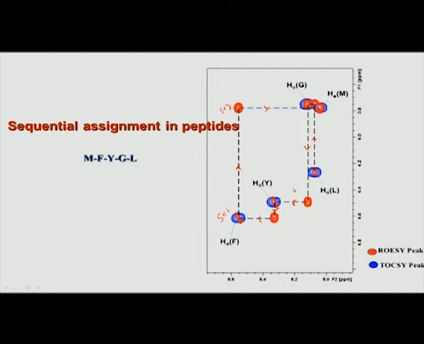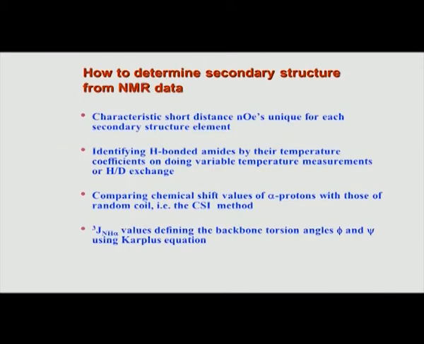Now, it turns out that the secondary shift is a very useful indicator of alpha helix or beta sheet. That is why we call it secondary shift; it is a useful indicator of secondary structure. By looking at the secondary shift value, there is a method known as CSI, chemical shift index, which helps to find out, based on the deviation of the observed value from the random coil value, that is, based on the secondary shift values, whether it is alpha helix or beta strand or beta sheet. That is a very standard approach these days for both peptides and proteins, and very useful for finding out local secondary structures.